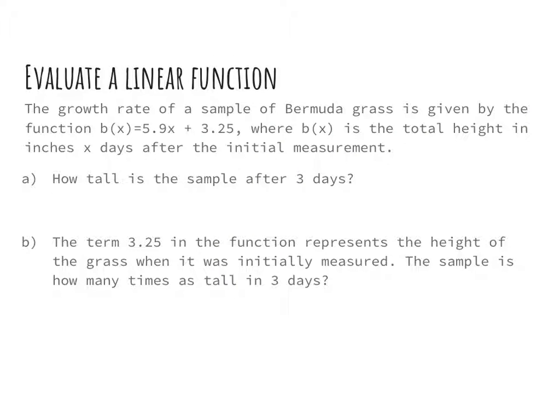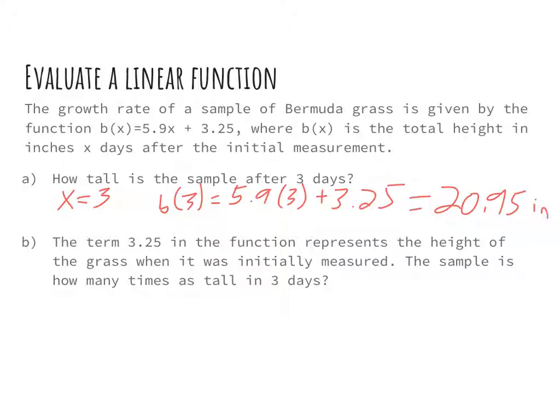So now we're going to evaluate linear functions. We've got this example problem. The growth rate of a sample of Bermuda grass is given by the function b of x is equal to 5.9x plus 3.25, where b of x is the total height in inches, x days after the initial measurement. So the question is, how tall is the sample after 3 days? That means we're going to take x and plug 3 in for it. So b of 3 is equal to 5.9 times 3 plus 3.25. And if we plug that in, we should get that it is